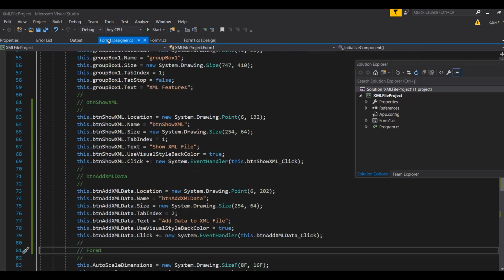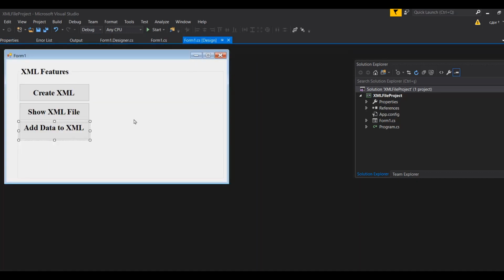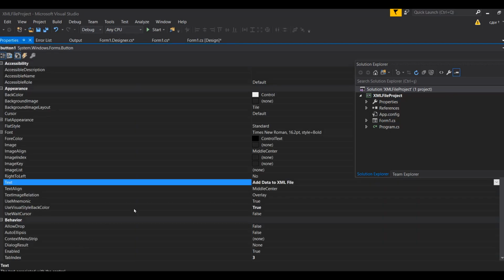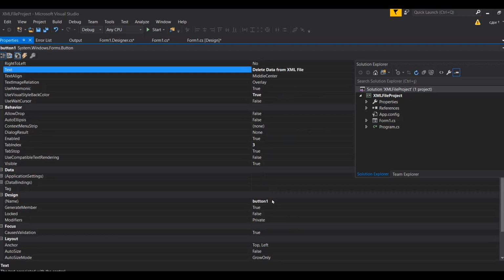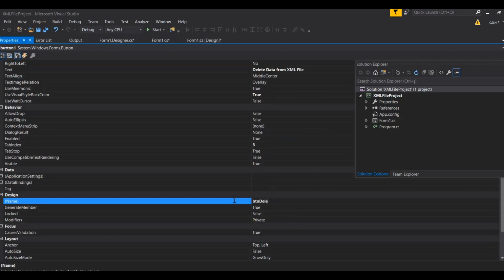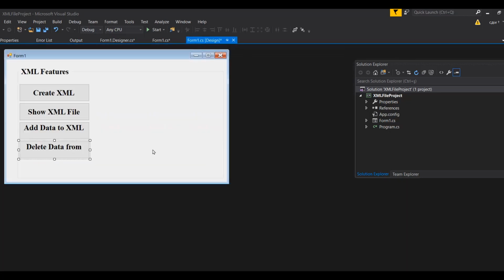So let's continue. I'm gonna add more stuff into this. So copy and paste. And this time around, I'm gonna put delete data from XML file. And going down, button delete from XML. So we can come in there